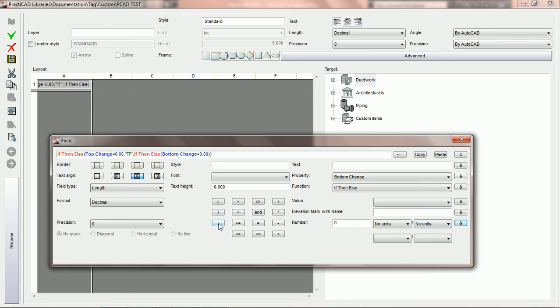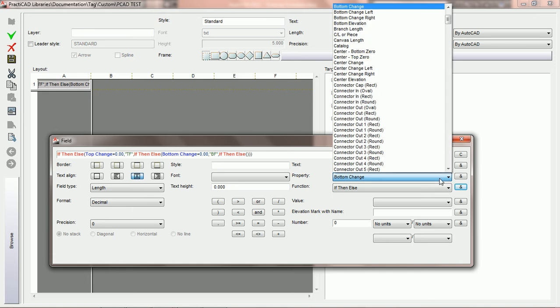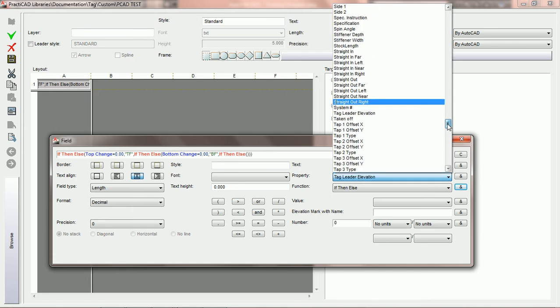and we're then going to hit a comma again. So what we're going to say is if top change equals 0, comma, show TF. If bottom change equals 0, comma, and now we're going to show BF. And then we're going to put that in there. Now we're going to hit comma, and start the expression over again. And we're going to say if, and then go back to top change, and say in the property field, if top change,